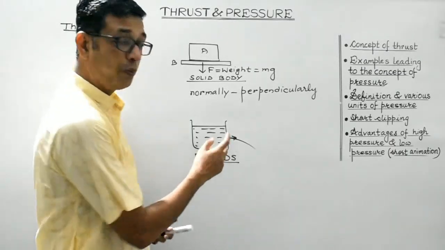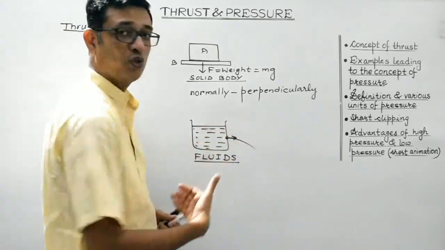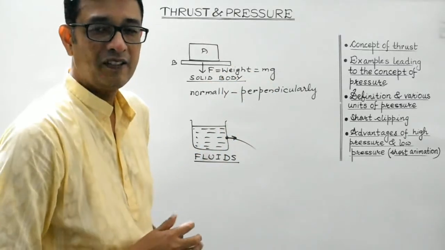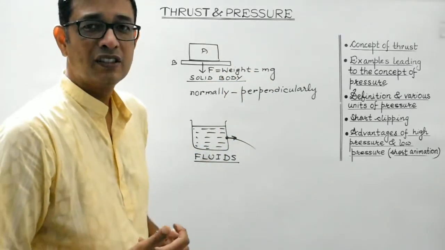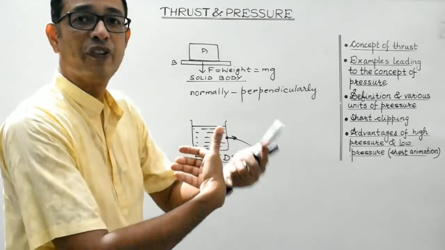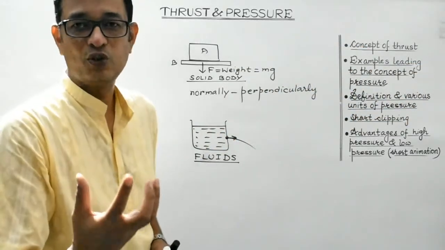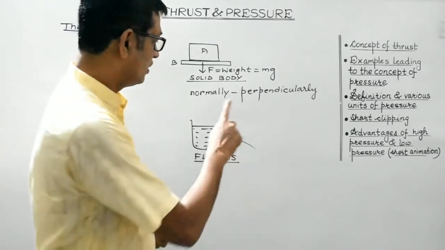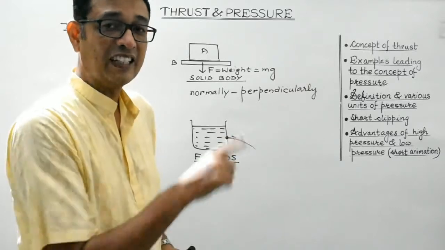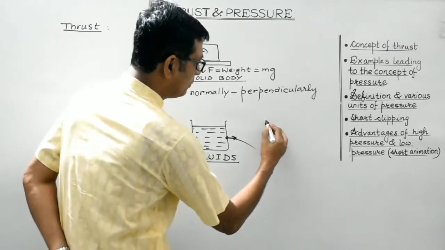Now, if you want to block the hole with the help of our finger, so if you insert the finger over here so as to block the hole, so as to prevent the liquid from coming out of that hole, then what we will observe is a force which is being exerted by the fluid on our finger in the outward direction. So that force, students, that force which the liquid exerts in the perpendicular direction, that is known as thrust. Clear, students? So if you want to represent diagrammatically,